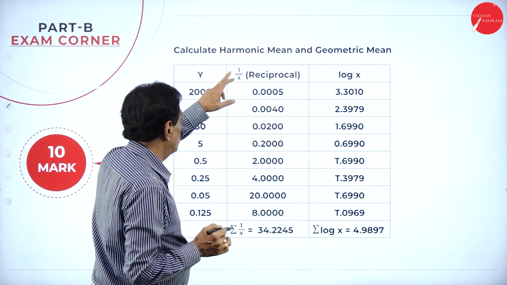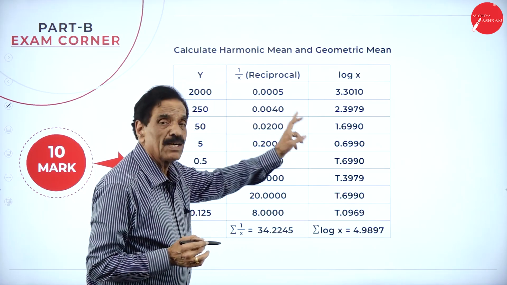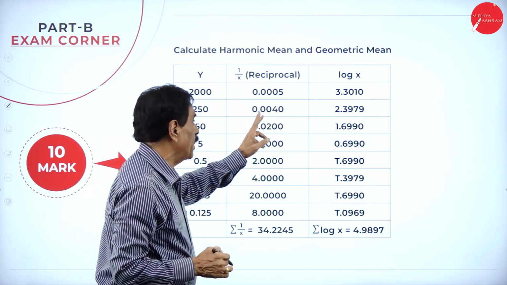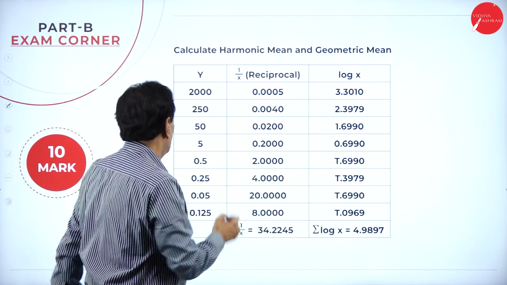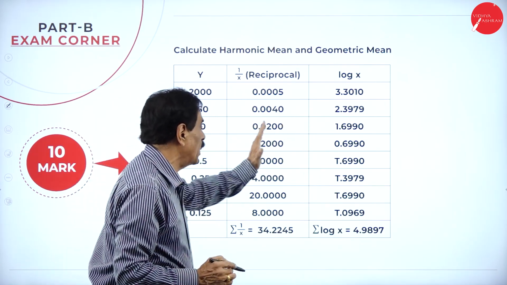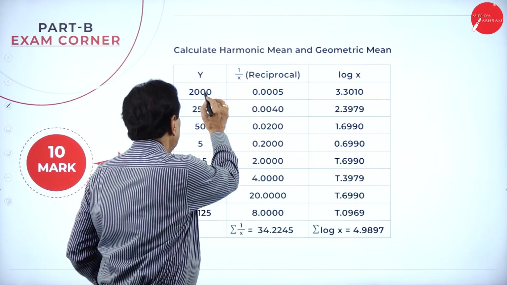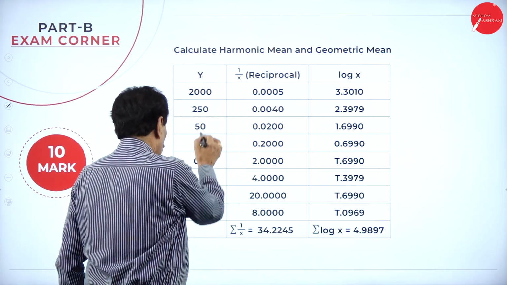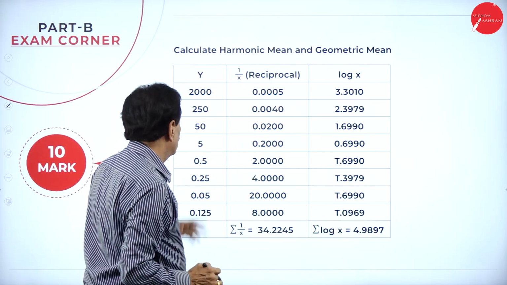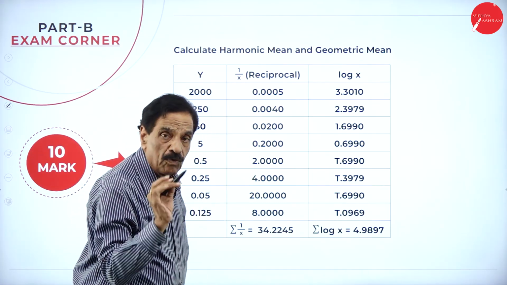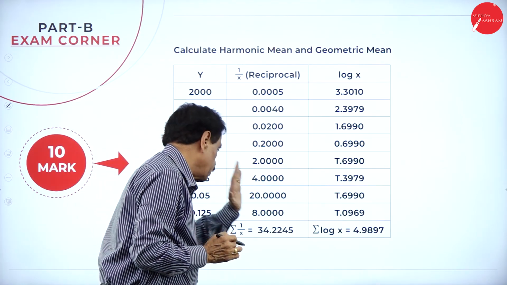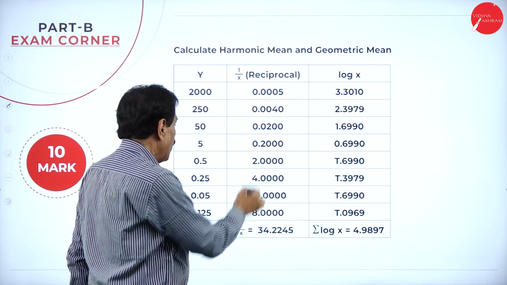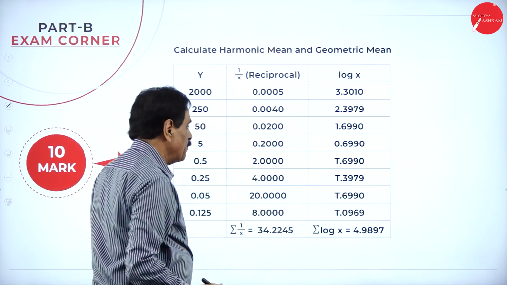So 1 divided by 2000 is 0.0005. Then 1 divided by 250 is 0.0040. 1 divided by 50 is 0.0200. 1 divided by 5 is 0.2000. 1 divided by 0.5 is 2. 1 divided by 0.25 is 4. 1 divided by 0.05 is 20. 1 divided by 0.125 is 8. If we add all these figures, it will come